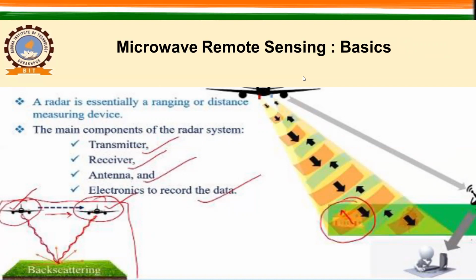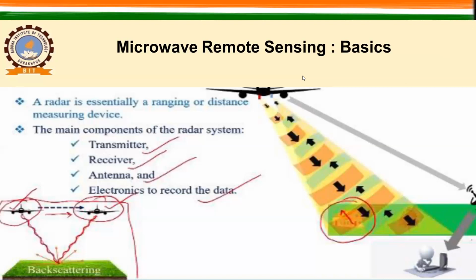In the first figure, you can see the case of an active radar system, where the system itself has the capability to illuminate a particular surface, and the surface will react and give you the backscattering value, right? The scattered signal goes back to the satellite, or your sensor, which is located either in space or maybe airborne, and that will be captured by this particular sensor. Here you can see this system has illuminated the area from this particular position.